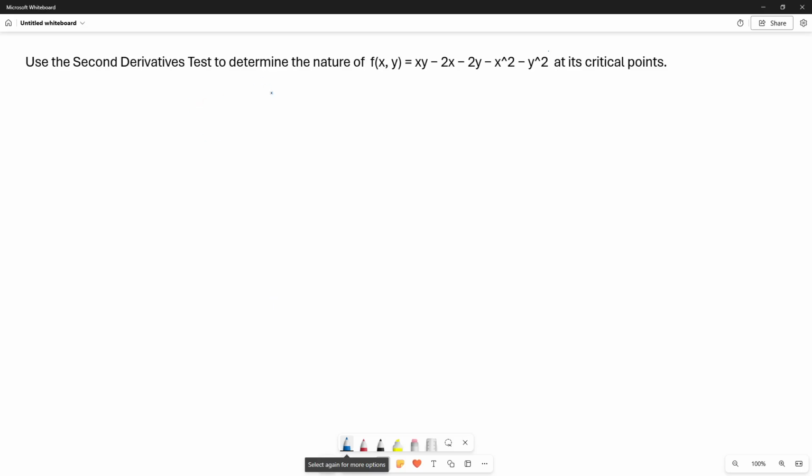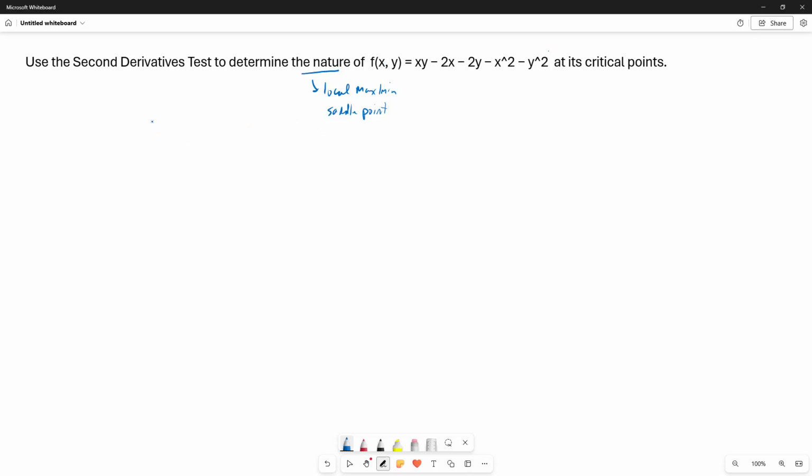Use the second derivatives test to determine the nature of the function at its critical points. The function is f of x y equals xy minus 2x minus 2y minus x squared minus y squared. And what we mean by the nature of the surface at its critical point is we could have a local extreme, a local max or min, or we could have a saddle point,